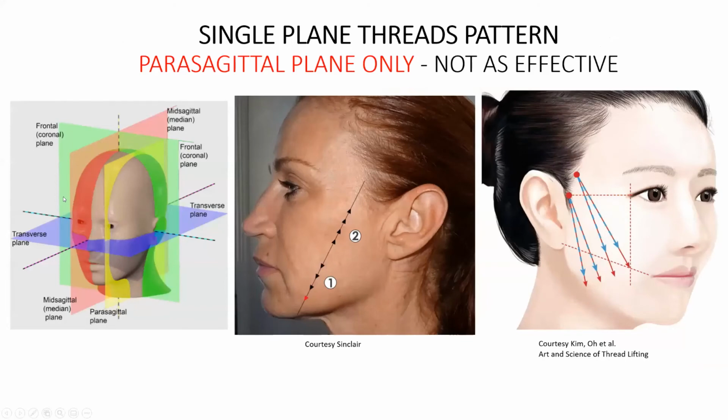So this means with single thread patterns that we know of, for example, some textbooks illustrate the thread lifting pattern just in the lateral face from the jawline to the temple. This is only addressing the parasagittal plane. So if you only place threads from jawline to temple, it won't be as effective because you are only addressing one plane of the face. So the thread